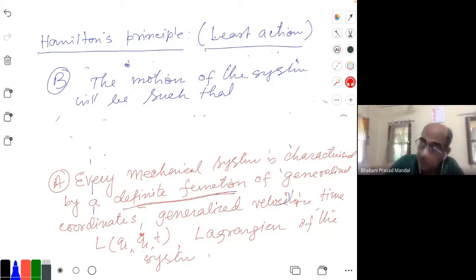Similarly, motion should be such that the action of the system